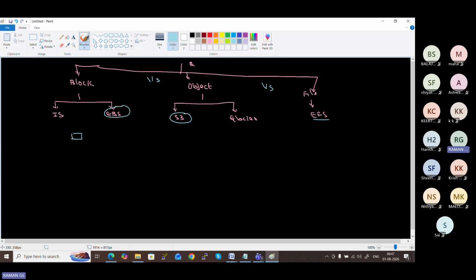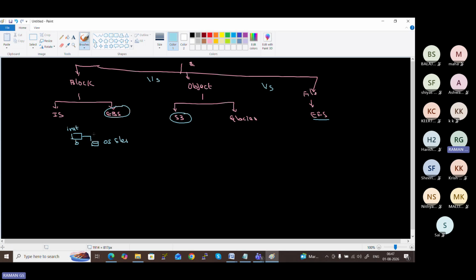When you create an instance, you need a hard disk for your instance for storing operating system files. Okay, I am sharing my paint screen. I am writing something. Hope you can view. So this hard disk, which we need to associate with an instance, is mandatory.